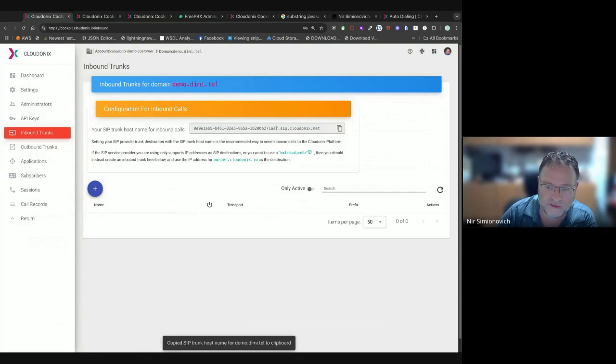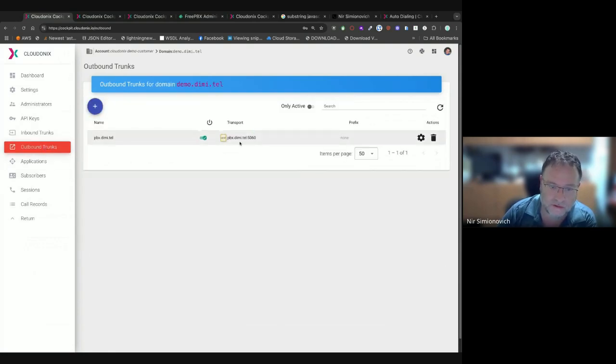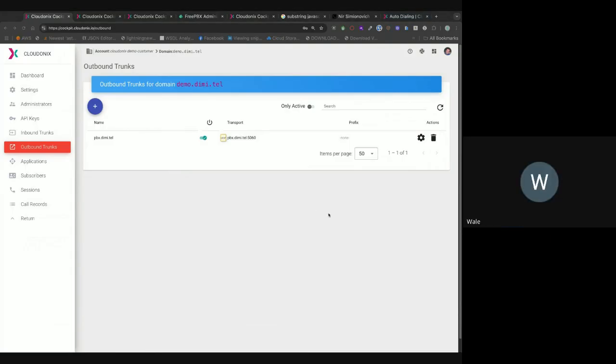You just use it to send calls into Cloudonix, and it will automatically find its way into your domain. That's it. You don't need to configure anything. Outbound trunks are used to send calls from Cloudonix to the world or to a remote PBX system, one of the two. Up to here, you're with me, yes? Yes, I follow.